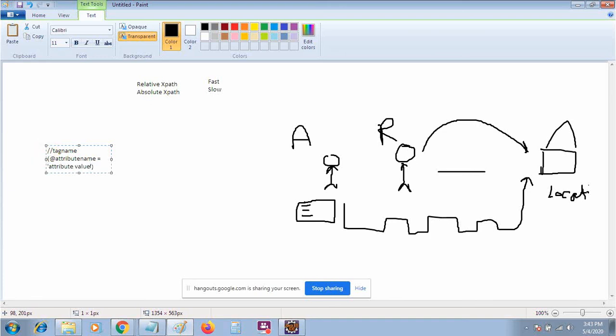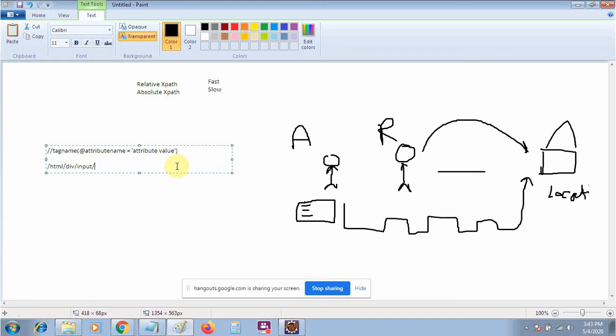So this is a simple format. I will tell you by an example. In the absolute XPath, it will start from the very basic DOM, like a single slash, then HTML, then you have any div, then something like an input tag, then you will have something. So it will follow the complete document object model. Both are useful in their own way. That's why both exist.